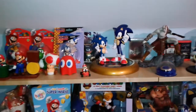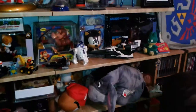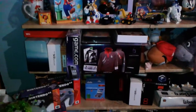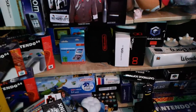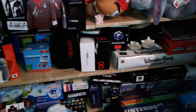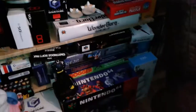There's a Club Nintendo Game & Watch back there. Some Sonic stuff, Mario stuff, Donkey Kong, a bit more Lego. And then a few kind of plushies and collector's editions. There's Resident Evil Collector's Edition, DS, some N64 stuff, Game Boy Advance, NES Edition, a Wonder Board, which is pretty cool. There's the jigsaw puzzle box, and then some console boxes down near the bottom,